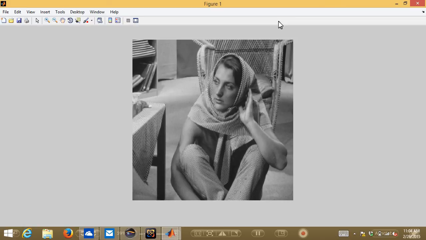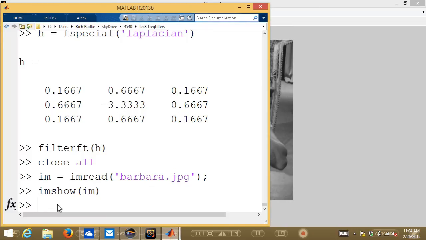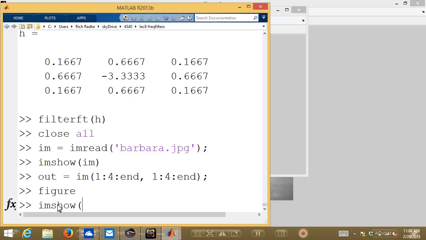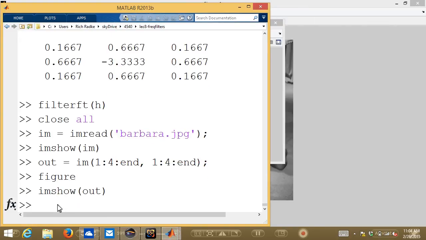And this is a case where I've got this high frequency component in the image. So if I were to downsample this image, I might have some problems, right? So if I were to say, let's take every 4th pixel of the image, right? That's like downsampling by a factor of 4 in both directions. And if I look at this picture,